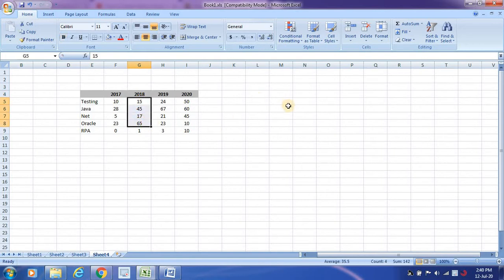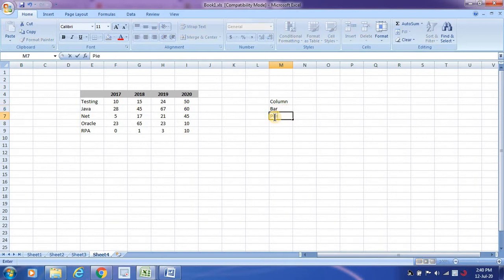Now I will explain the frequently used charts and where to use which chart. We have already seen the column chart: if you want to show your data in a vertical comparison, you go with a column graph. If you want to do the same comparison for different categories, you go with bar graphs.